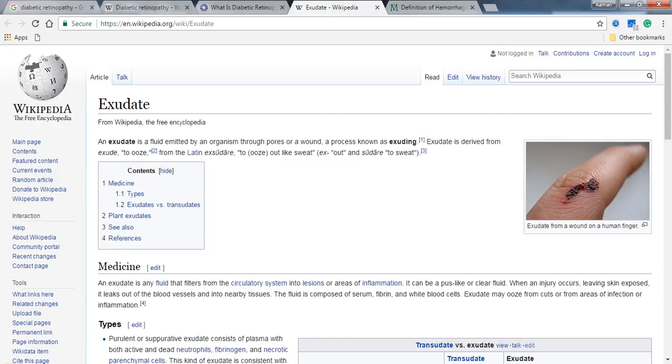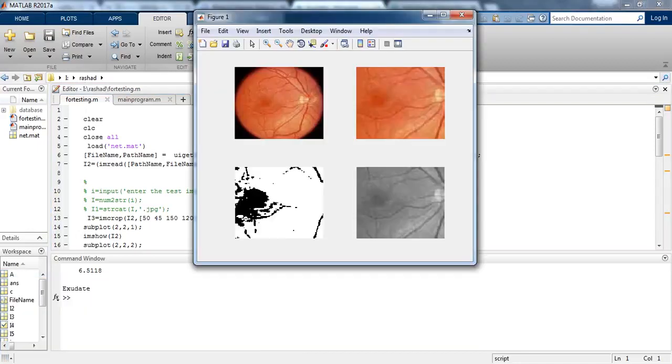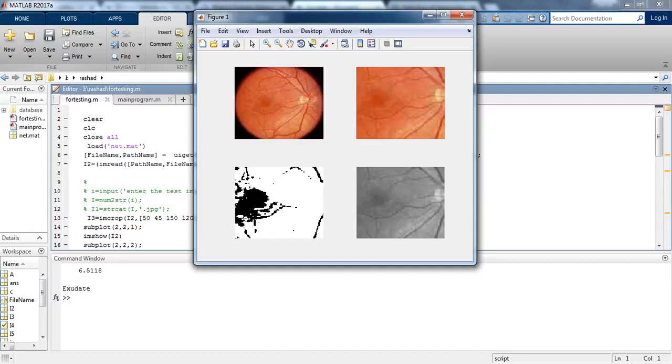Exudate is derived from exude, to ooze, from the Latin exudare, out like sweat. So this is exudate, and after testing it is giving us 6.5118 and this figure of the diabetic retinopathy post retina. So this is how it does diabetic retinopathy.